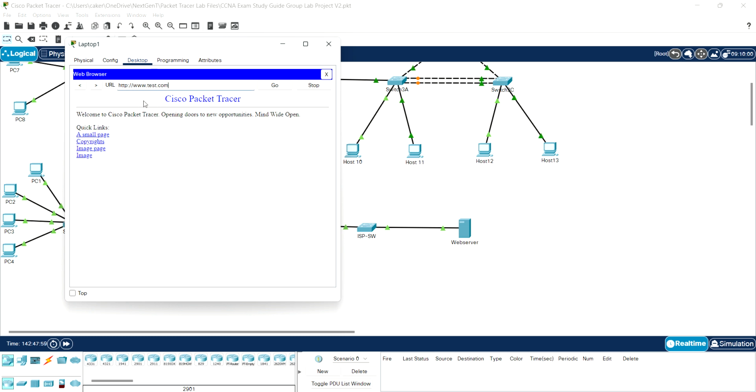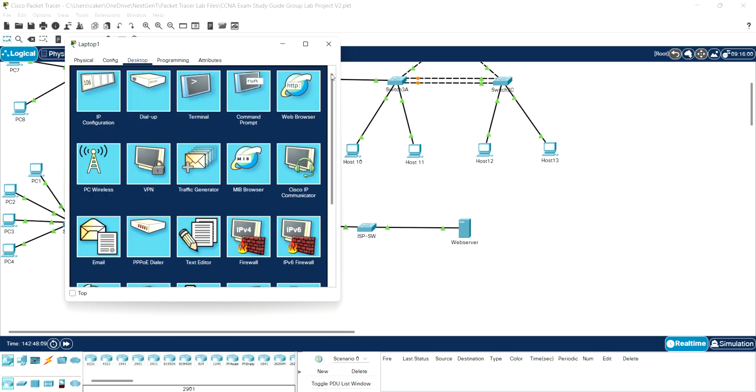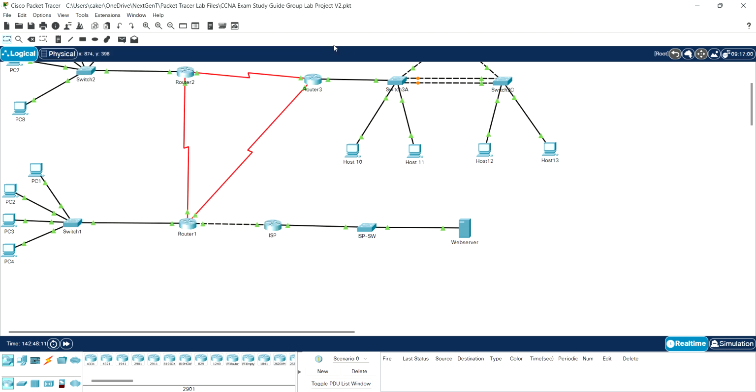And so you can see that means we got there. It didn't give us an error message. That's the default, that's the Cisco Packet Tracer default for a web page. Okay, next